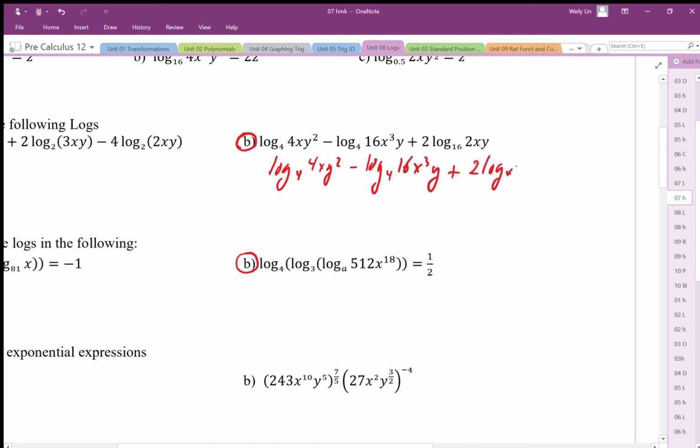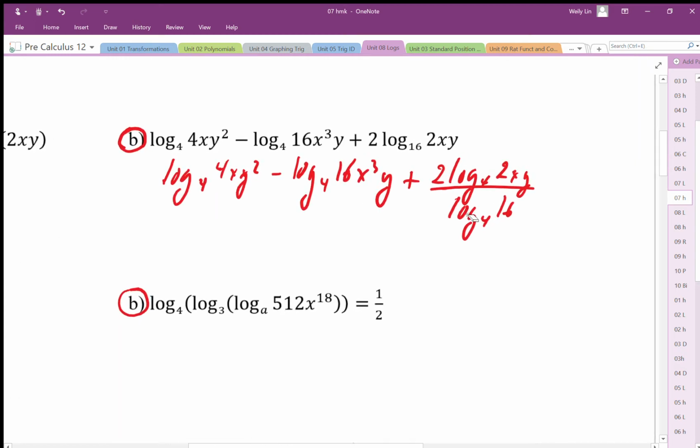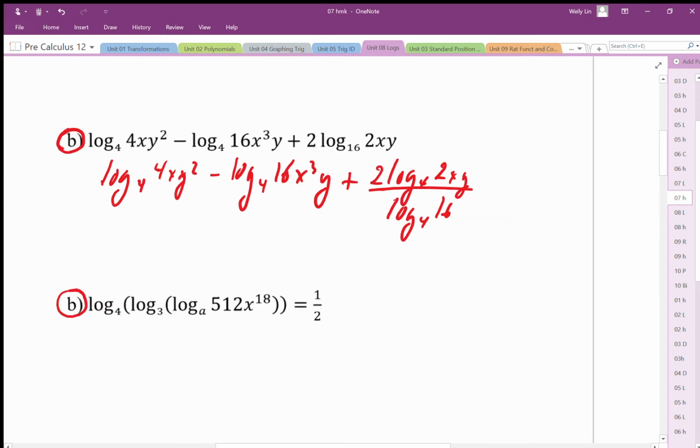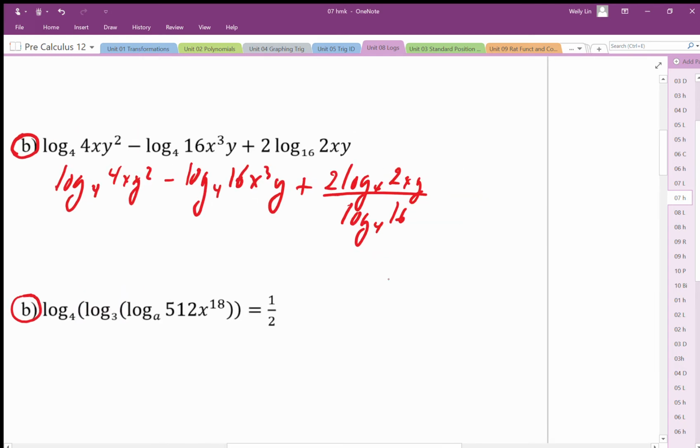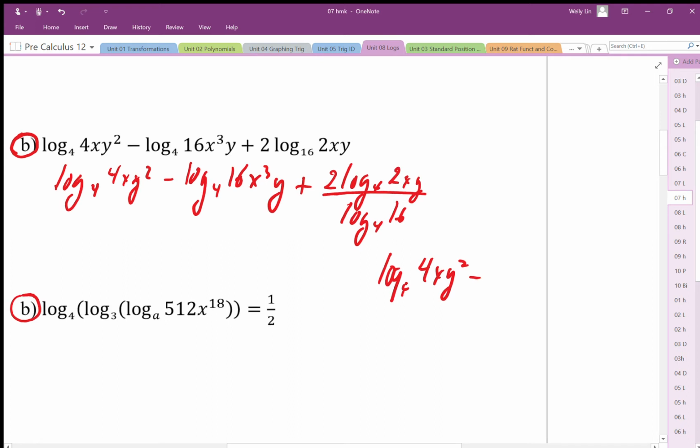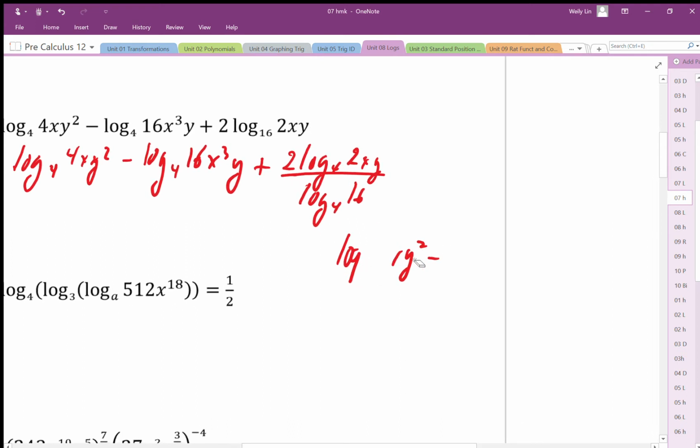So base 4, 2xy, and this is going to be base 4 of 16. Okay, so this log base 4 of 16 works out to be 2, so I'm just going to move it over a little bit here. So I get log base 4 of 4xy squared minus, and I might as well combine, maybe we'll just combine these as we go. So we're going to end up with 4xy squared in the numerator. Since positive logs go in the numerator, the negative log goes in the denominator, so I end up with 16x cubed y